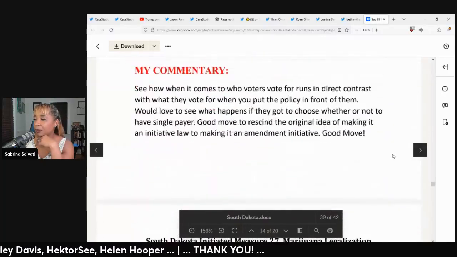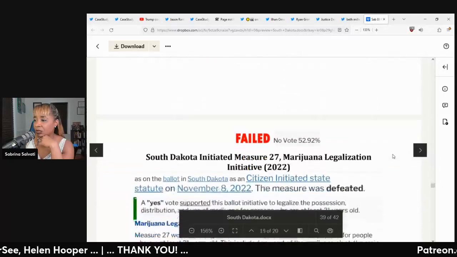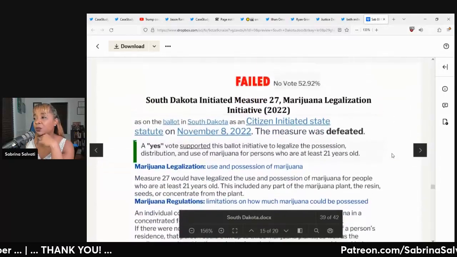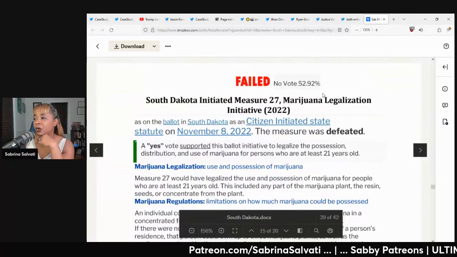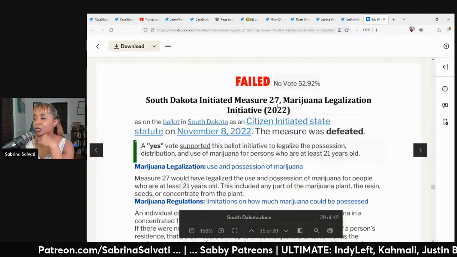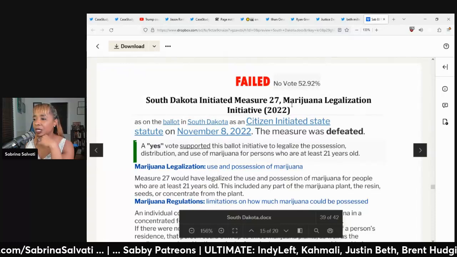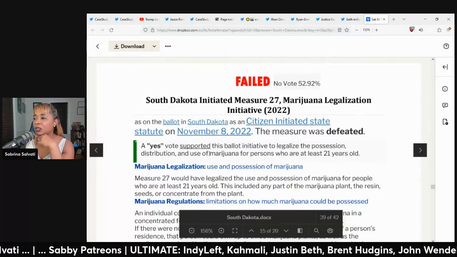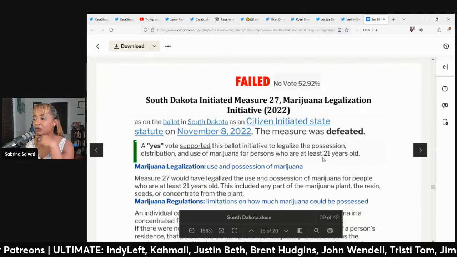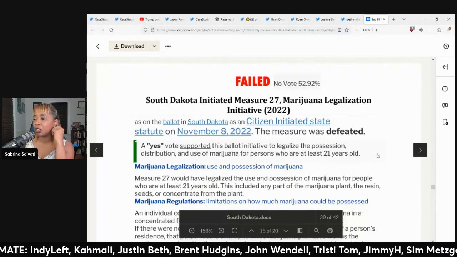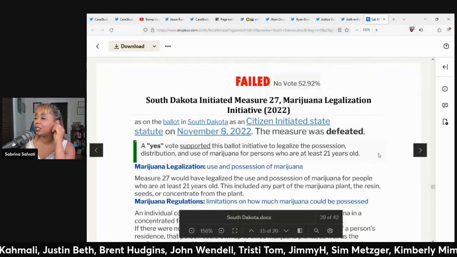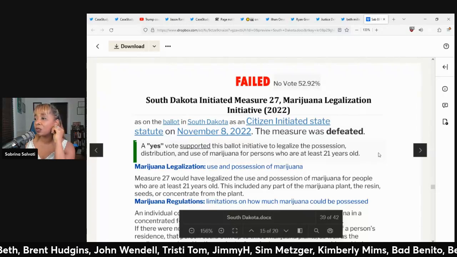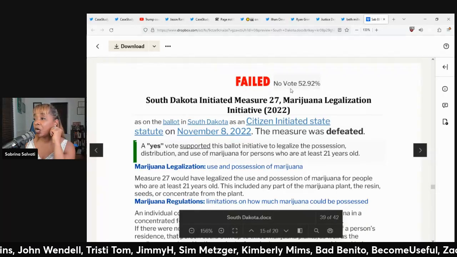I believe there was a marijuana one. This is the last one. Now, this one, I didn't understand why this one didn't pass. It said no vote. South Dakota Initiated Measure 27, marijuana legalization. A yes vote supported the ballot initiative to legalize the possession, distribution, and use of marijuana for persons who are at least 21 years old. It failed. No vote,